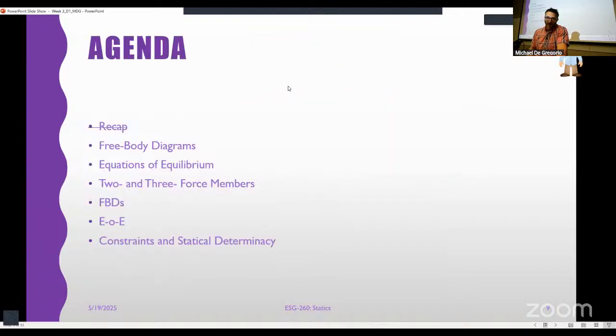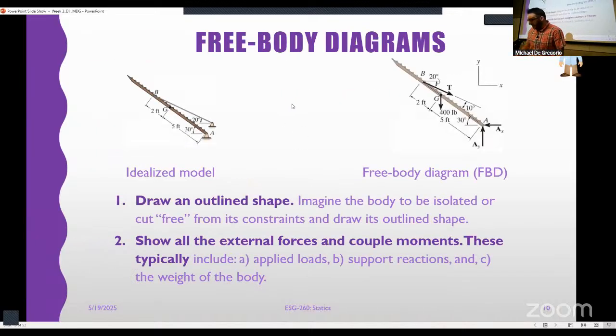Okay, great. Let's talk about free body diagrams. We already talked about free body diagrams. Guess what? Hasn't changed. It's the same as it always has been. There is a little bit of a difference here, though. Last time we talked about idealized models versus free body diagrams. An idealized model is basically the system picture, the first picture that the textbook gives you. The free body diagram removes that thing from reality and then replaces things that we took out with forces.